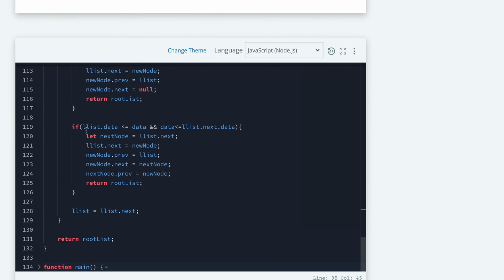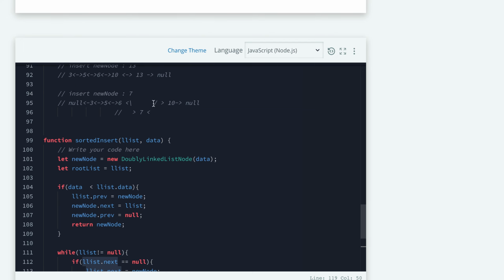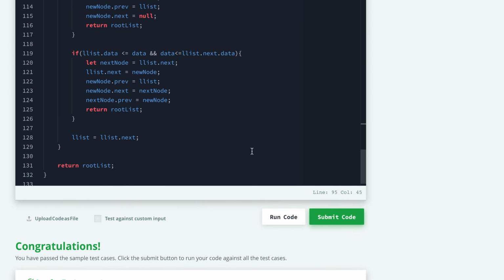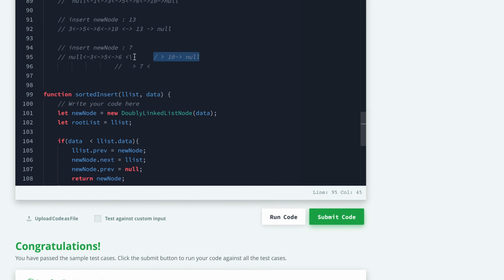This is written here: if our data is greater than our current linked list value and lesser than the next node value of our linked list, then we store linked list dot next, meaning the right section of our linked list, in a next node variable, and this section will be our current linked list.